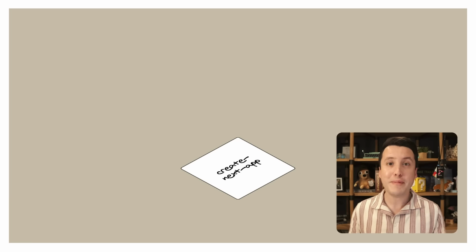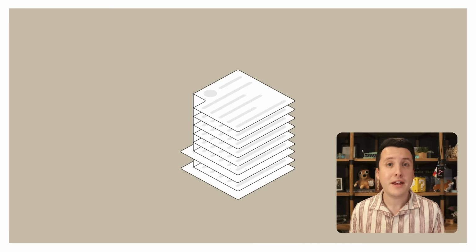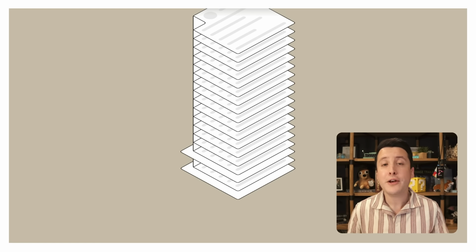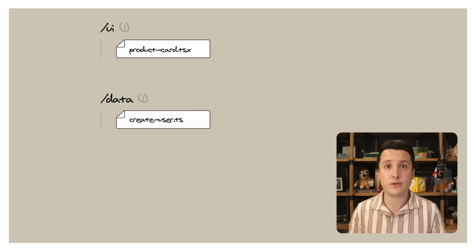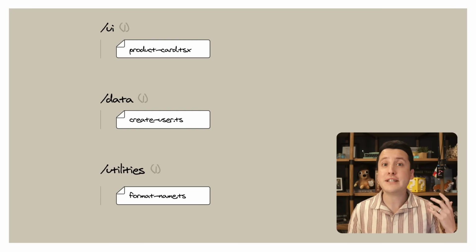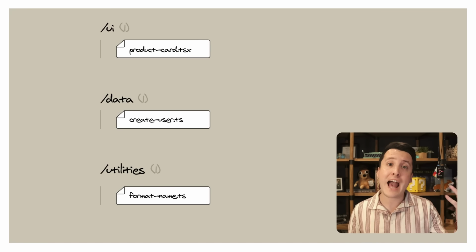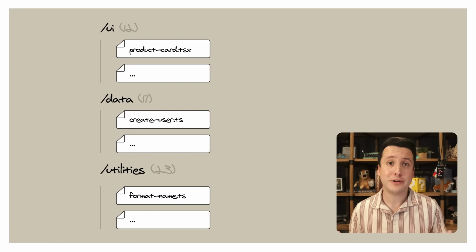Let's get started. You may start with something like Create Next App or a Vercel demo application. You'll launch your MVP and start adding more and more features. Eventually, your codebase is going to grow, and you need some way of grouping your logic within your application. You might create folders called UI or components to hold shadcn components, or data to store server actions or fetching functions, or even utilities to just store general helper functions. These folders help group and categorize portions of logic within our application that can then be composed together to build pages and layouts.